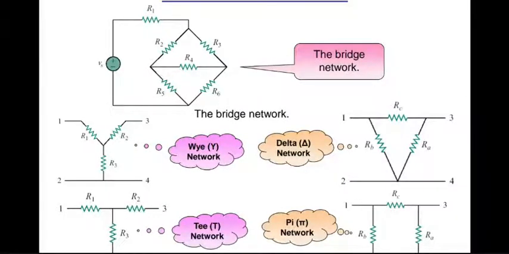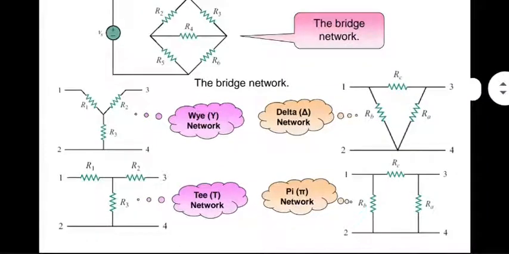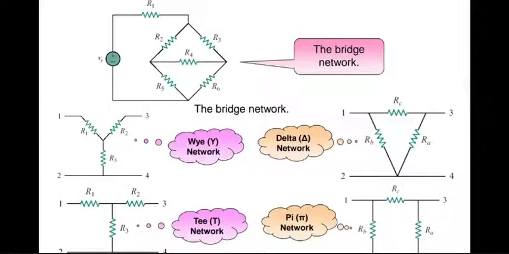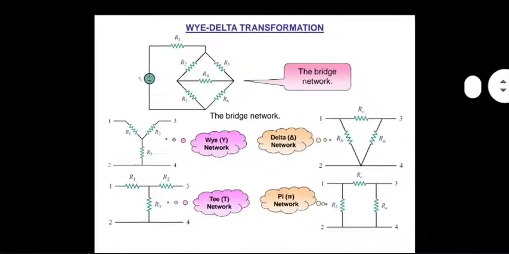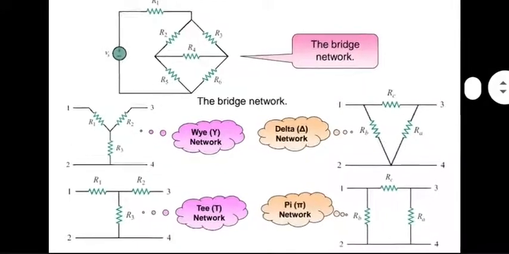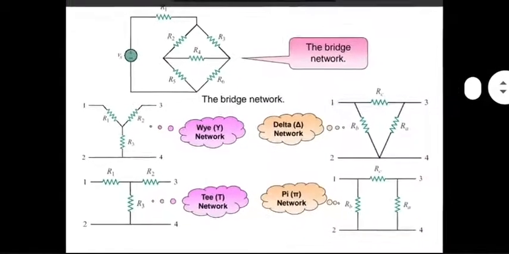There are T and pi type of connections also, which are actually delta and Y, but different names are given. So don't get too confused when you read this document. Stick to Y and delta, and ignore the rest of the information on this slide. That's what we care about at this point in time. The author is becoming too general in describing the possibilities. Between Y and delta, of course, notations used by this author are different from what I was using.